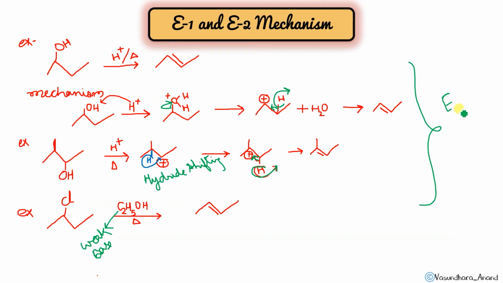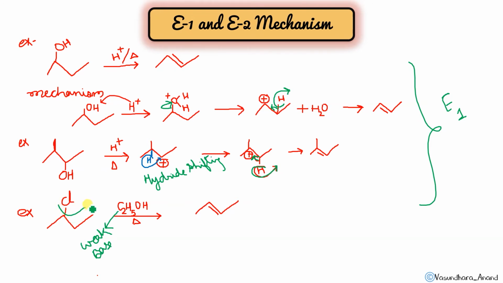What's the way to identify? First thing, weak base; second, temperature; third, carbocation formation. Got it? If it is there, then it is E1 reaction. So this will be there, this will react. What will happen then? This will leave the